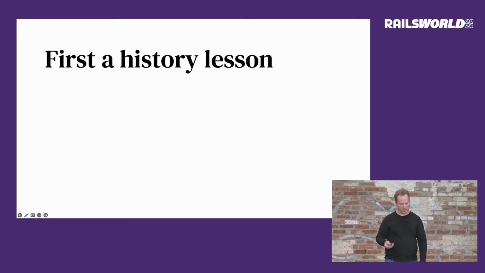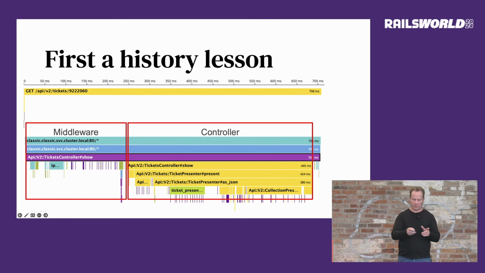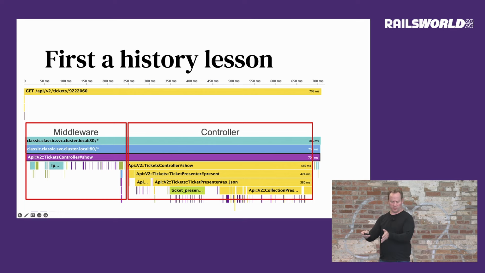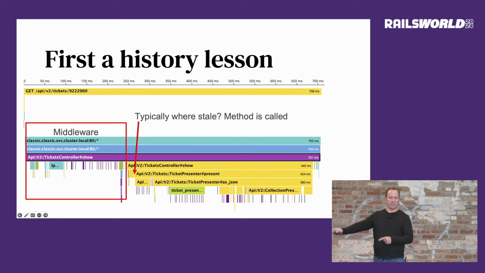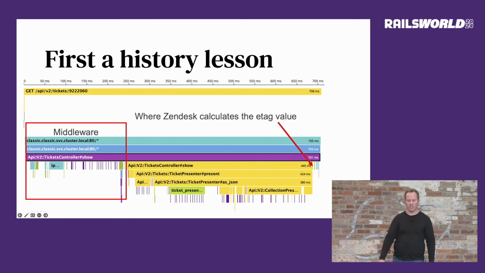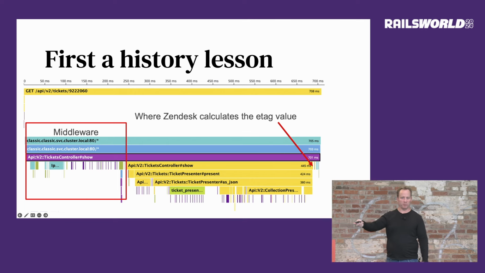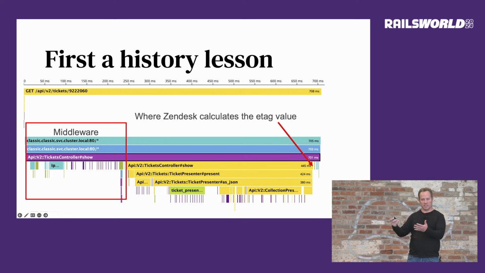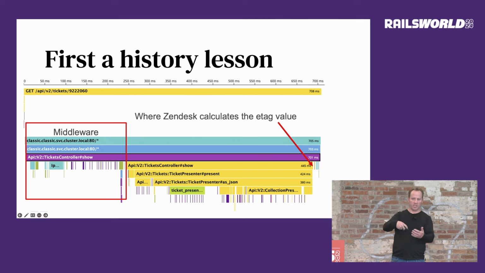I kind of gave a little bit of a history, but anyways, the history of Zendesk. Essentially this is what middleware looks like and what your controller looks like. Typically, the stale method is called here, which means all that time at the end does not have to be actually used. You return really fast from your responses. Unfortunately, at Zendesk, we have to calculate the ETag value at the very end of the response, because depending on the parameters that were passed in, we have no idea what the actual output will be. So we're looking at the output and seeing what the ETag value would be. But we spent all this time, yeah, sure, you get less traffic in the